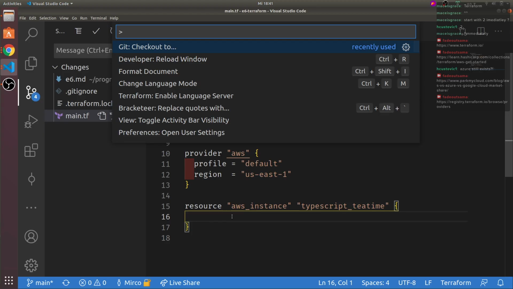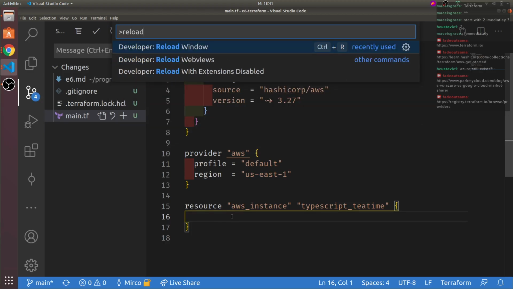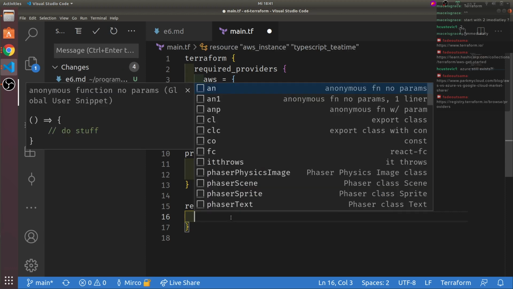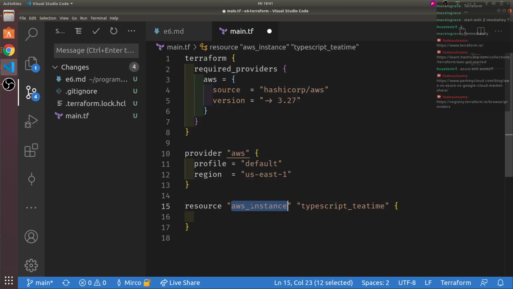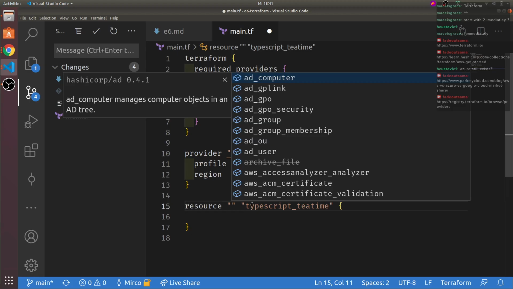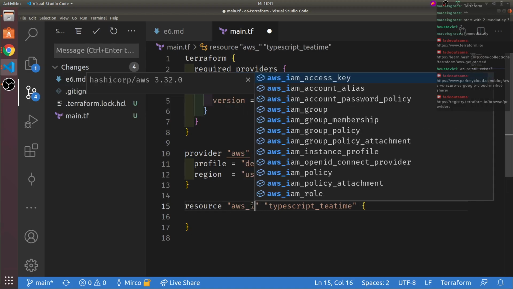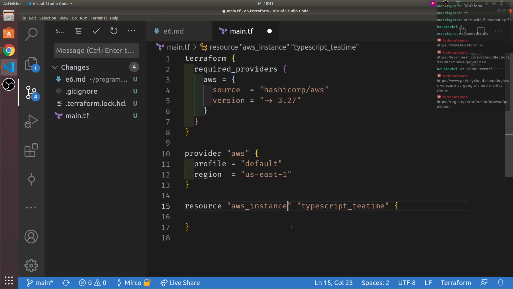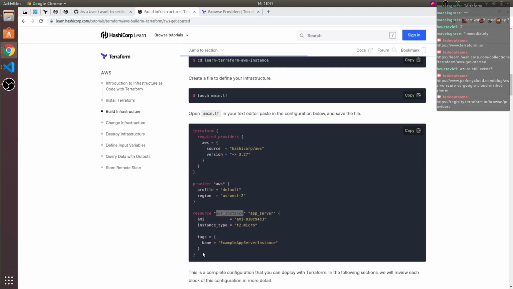Let's save this. And one thing I want to try is just reload the window to see whether maybe, we did it. Auto-completion, at least to a degree. So let's look at the tutorial, what we actually need.